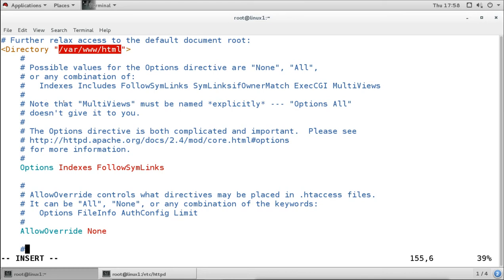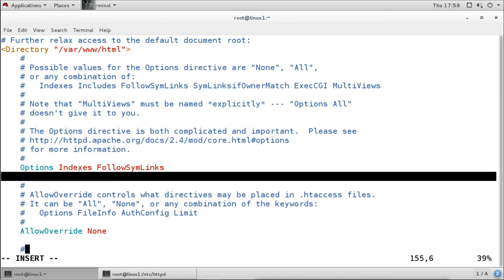If an authenticated user wants to see that, they can, but we don't want everyone to see it. But when you give the indexes option with this directory, it will allow listing all the files inside this directory. So this is not good for security. If you have this option enabled, there is an attack called directory traversal attack, and it can be possible because of this option.